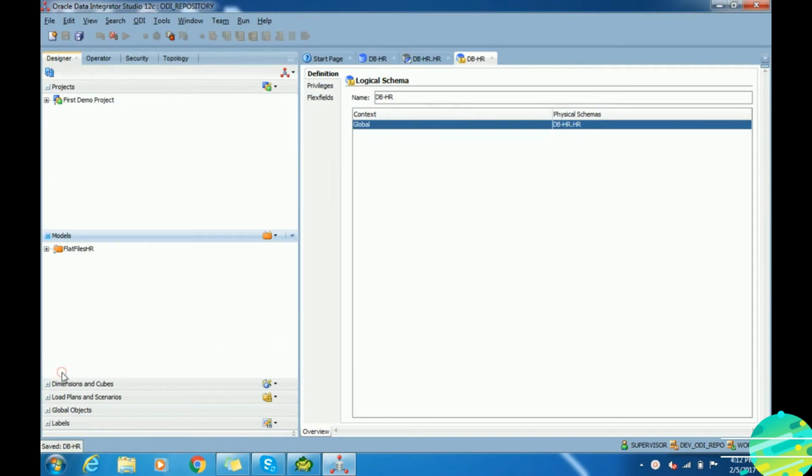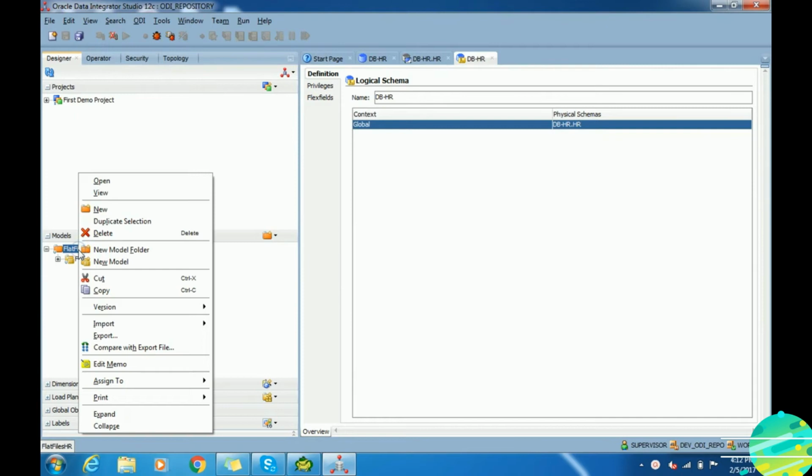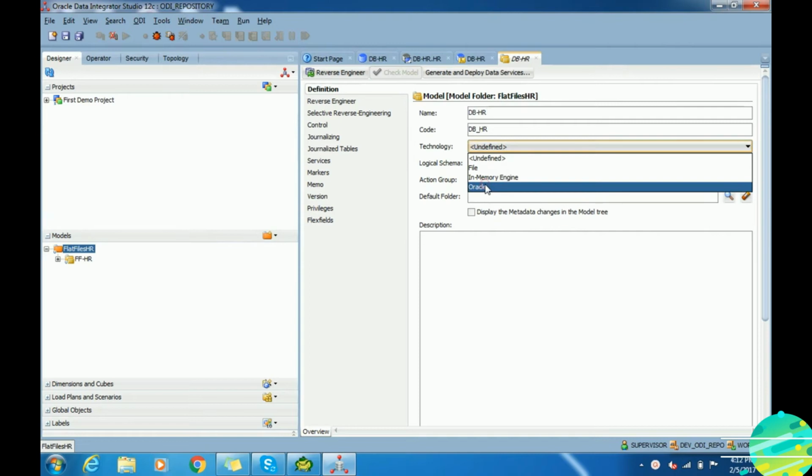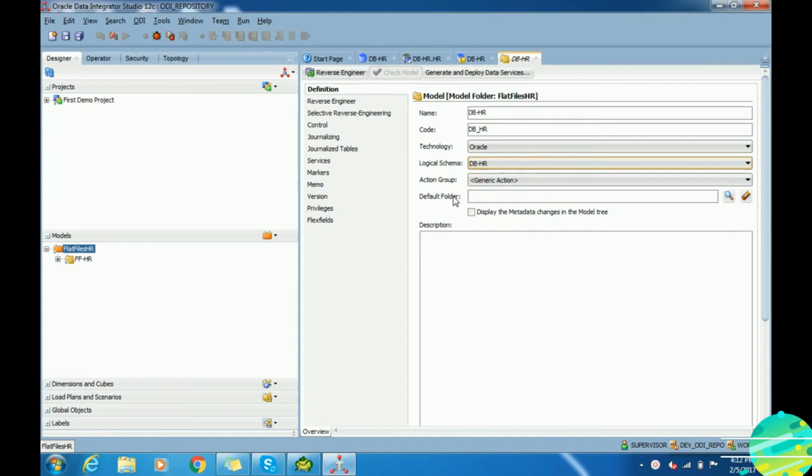Go to designer, model, and it's time to create a new data model for the target table. I am mentioning the name of the target data model. The technology is Oracle. Logical schema which we just created is db-hr.